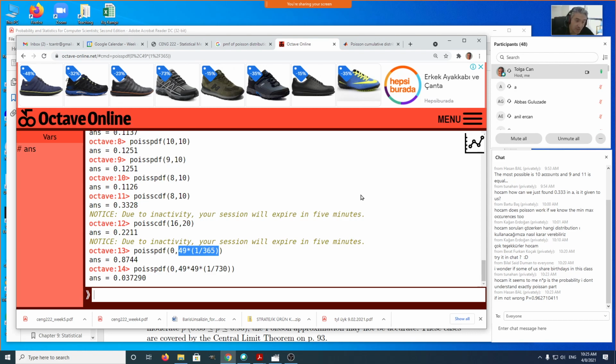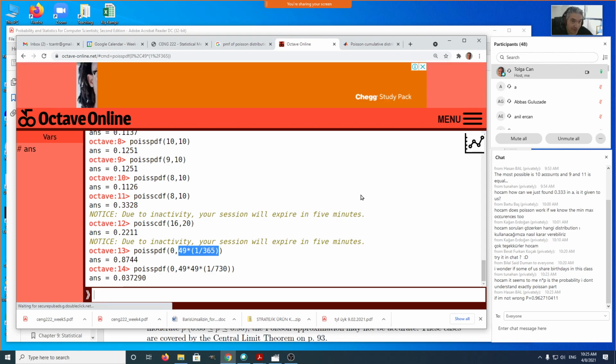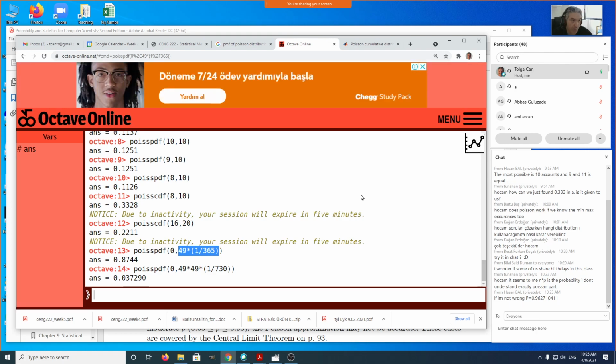N times p is not the probability, because if you multiply, for example, if the probability that an event occurs is p is 0.2, if n is 100, 100 times 0.2 makes 20. So 20 cannot be a probability, it's lambda, the average number of successes in 100 trials. Okay, so